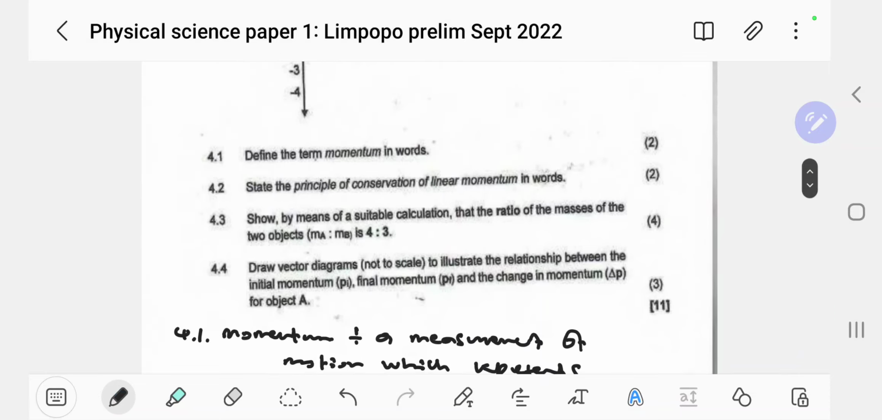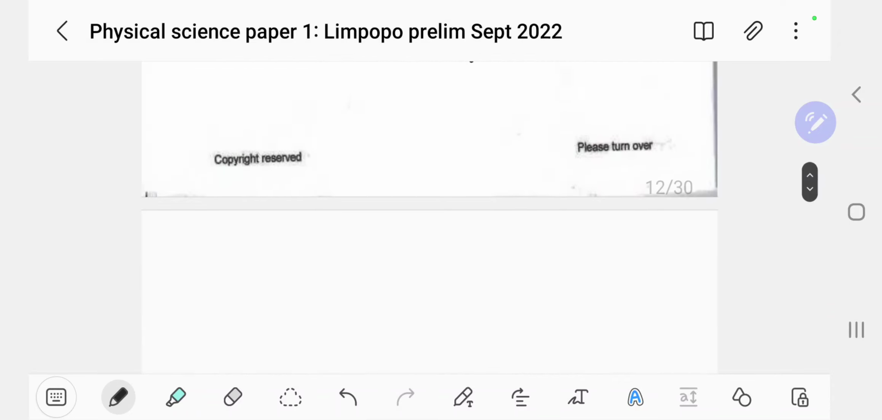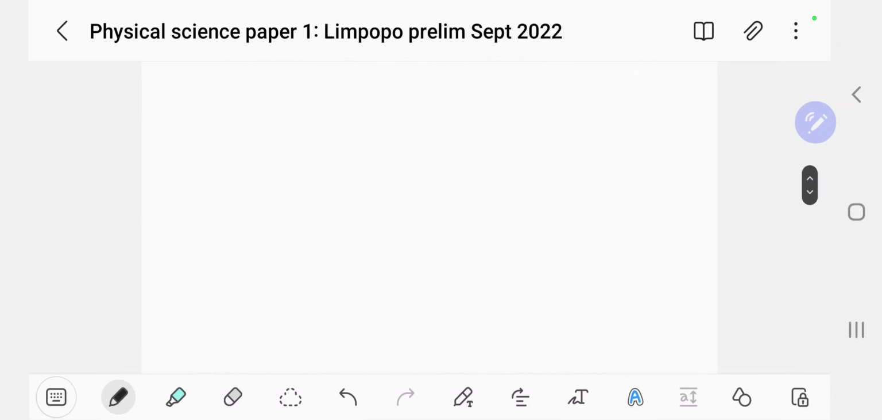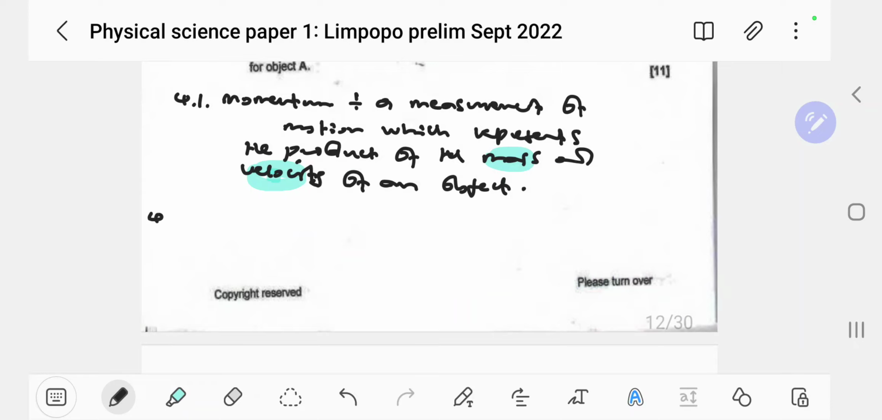And then they hit you with another easy one again. State the principle of conservation of linear momentum in words. Let's do it so that we can do our calculations over there. So 4.2. We know that the law of conservation of momentum